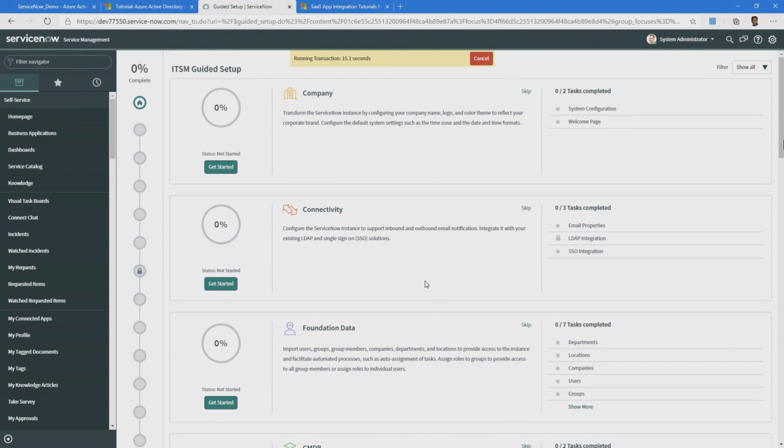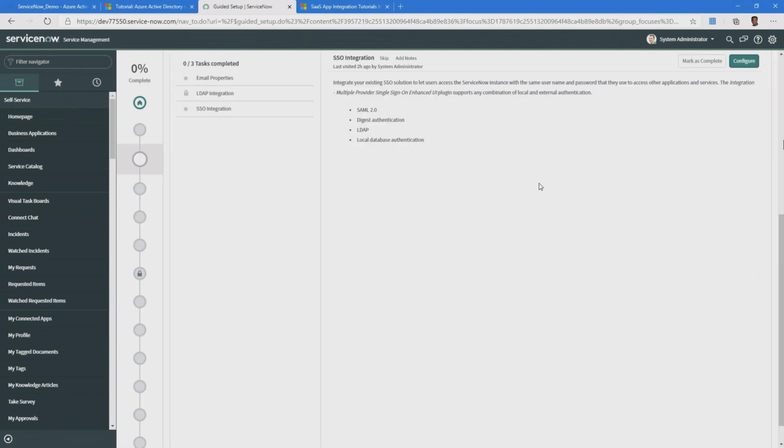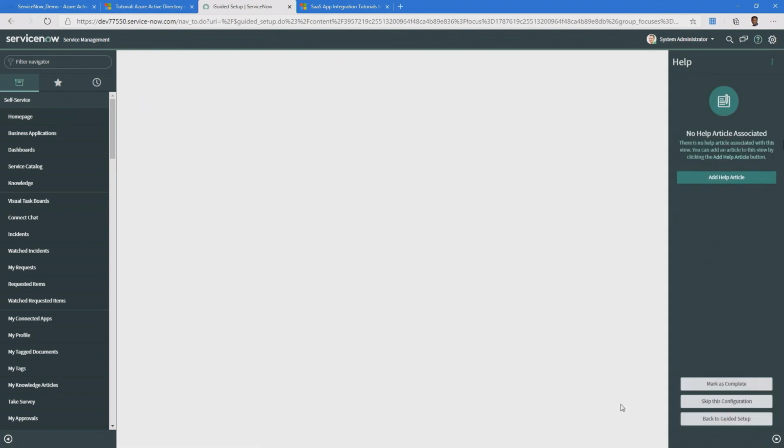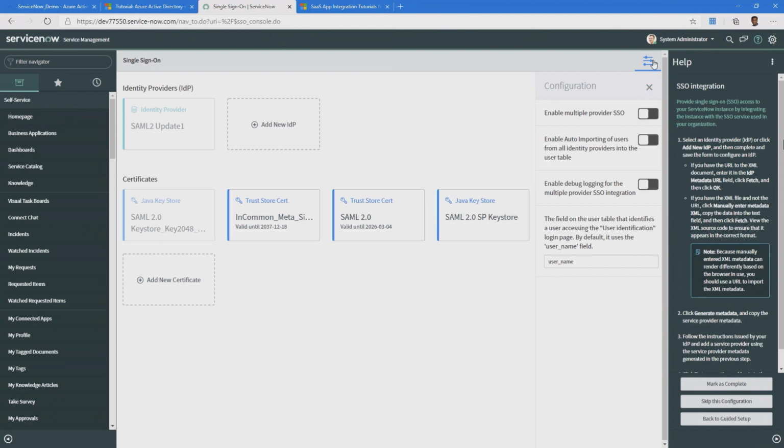Okay, so now you can see this is my ServiceNow instance, and here there is an SSO integration option in the connectivity. When I click on this, you can see it offers different kinds of configuration. I can click on configure and enable, but I have already enabled this plugin, so I do see this SSO integration is already available. In your case, you might first have to enable this plugin so that SAML single sign-on can be enabled for your application.